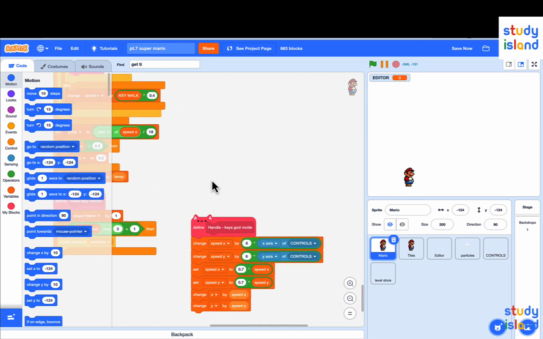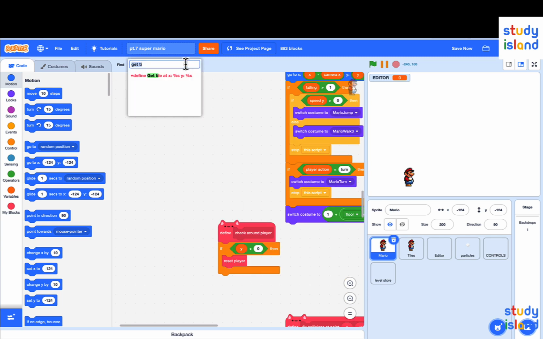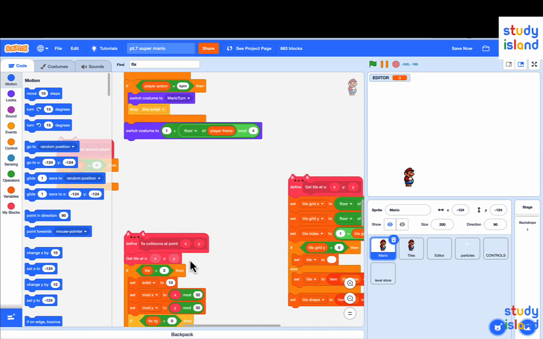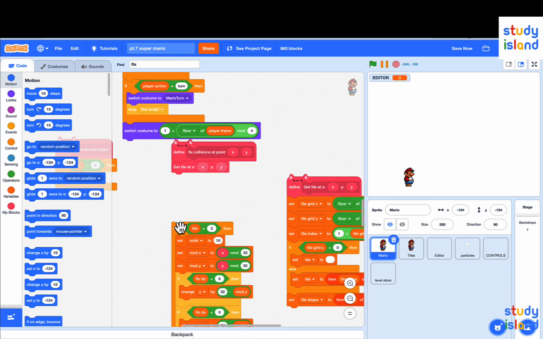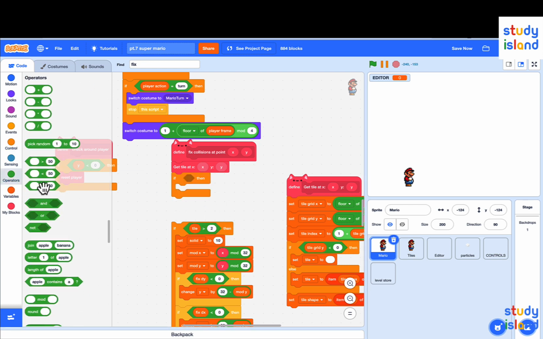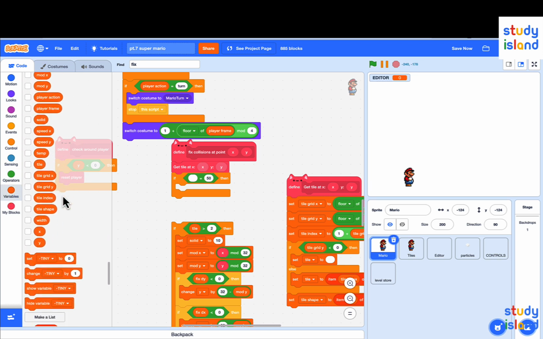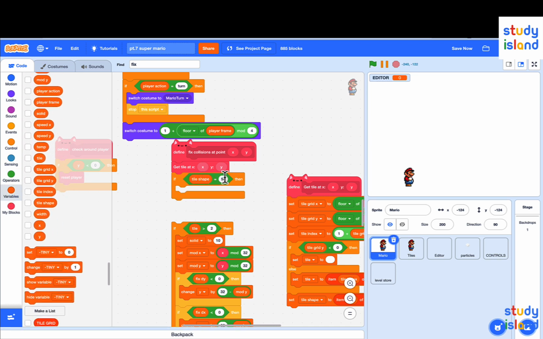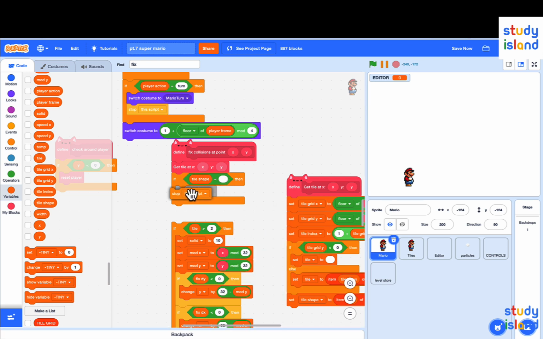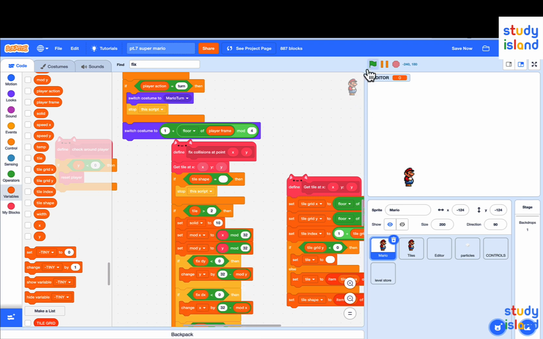Then go find the fixed collision. Wait, where is it? Fixed position at point XY. And after the get tile XY, put an if and check if tile shape equals the empty value. Then we stop the scripts. Like that. And now if we test,